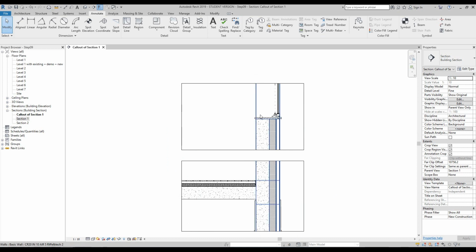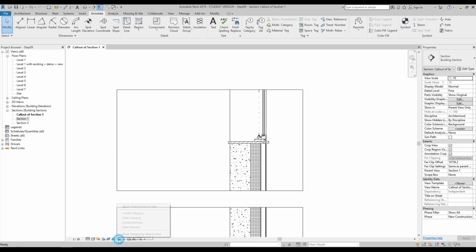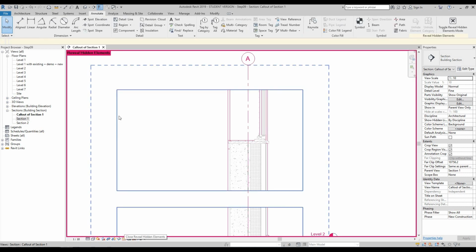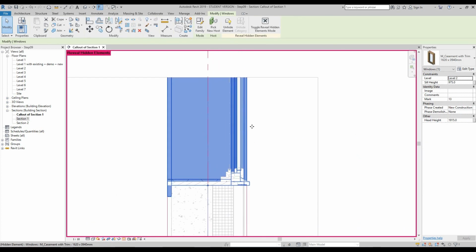Again, just to make the point that these drawings, these 2D components, have nothing related to the model. If we go down to our graphic options bar at the bottom and select the light bulb tool, so everything goes red, you'll notice that we've hidden and we can find our window. If we unhide this and then press the light bulb tool again,